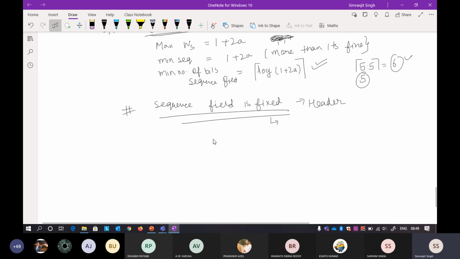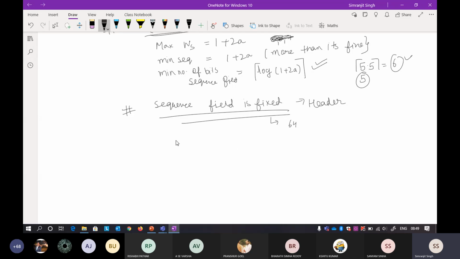If you are using the IP protocol, the sequence number bits are given, say, 64 bits. You cannot increase the size from 64 to 128. It is fixed. So if I take an example using the fixed sequence number field that is already defined in your protocols, how does it affect the efficiency?